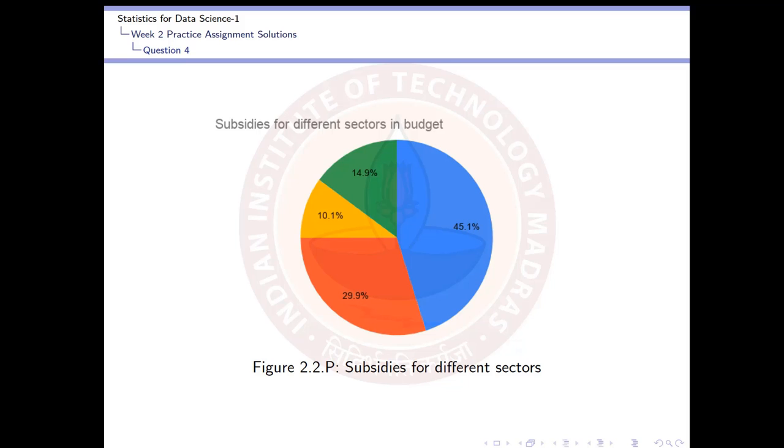This figure shows the budget of 2019 presented by the Finance Minister of India. So let's check what information we can gain from this pie chart. In this pie chart, different colors are used for different wages. Here we cannot conclude which wage belongs to which sector, whether it belongs to petroleum or other sectors. So we cannot conclude about these things.